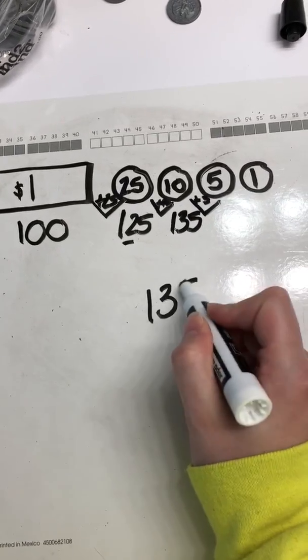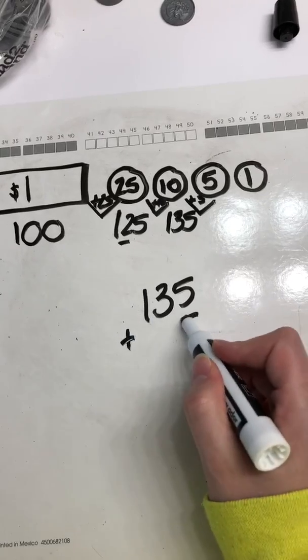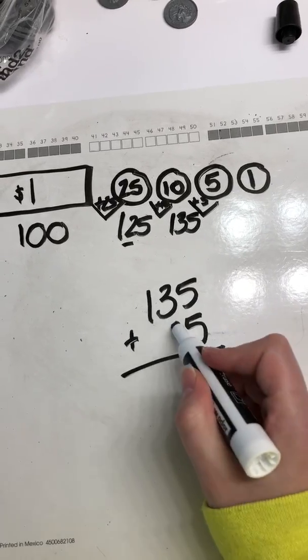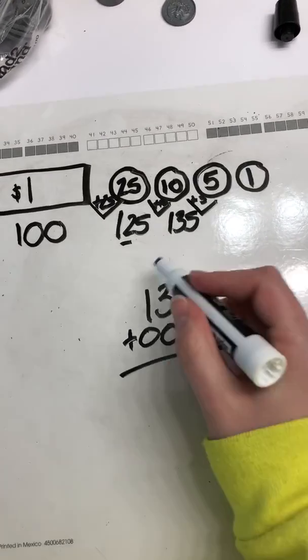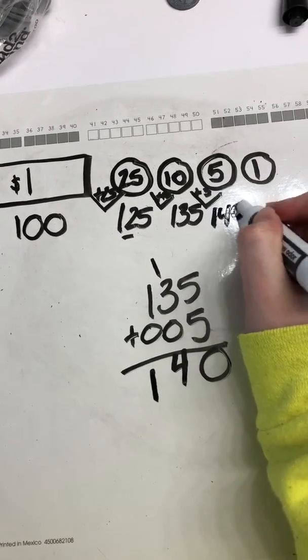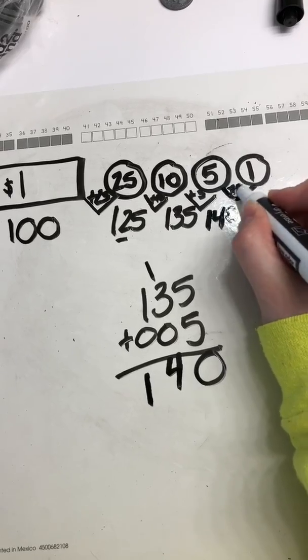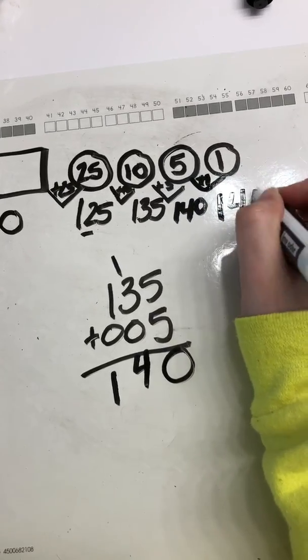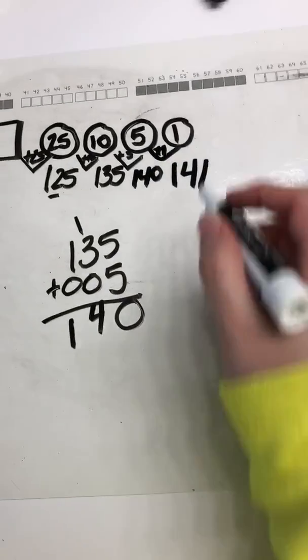And if you don't know, how can I add 5 to 135? I put a 5 in the ones place. I can put zeros here to get 140. And 140 plus 1 penny is 141 cents. I can write that as